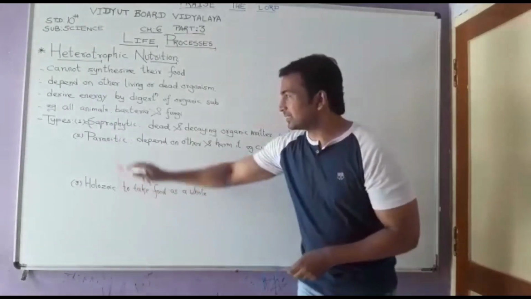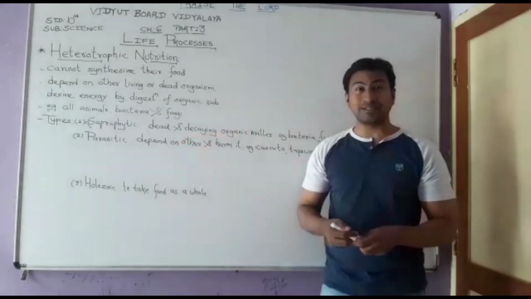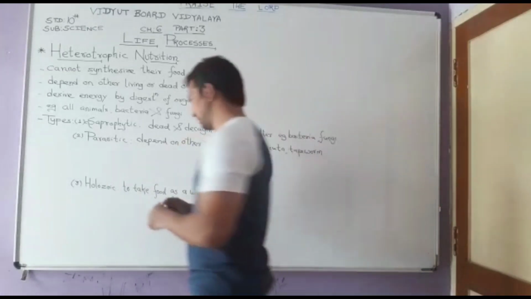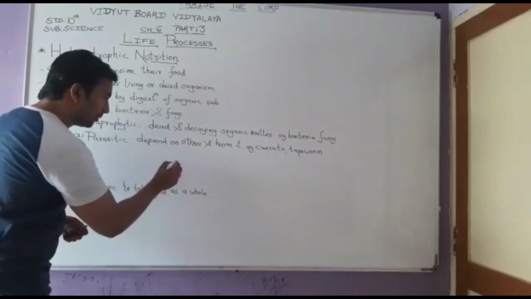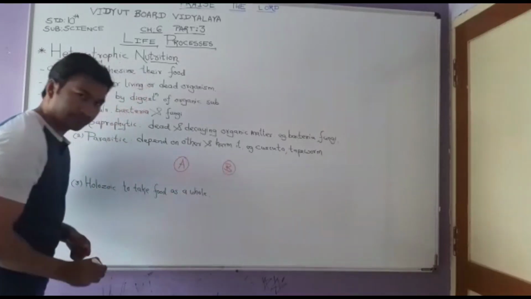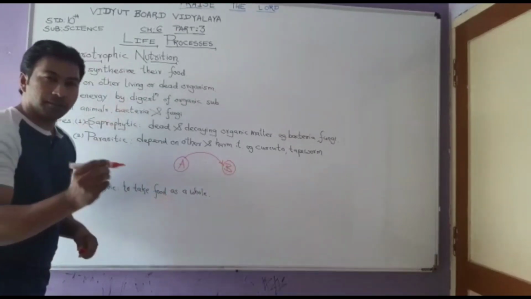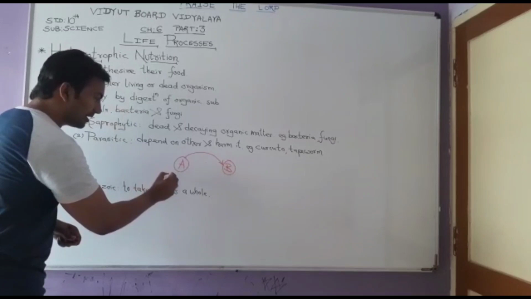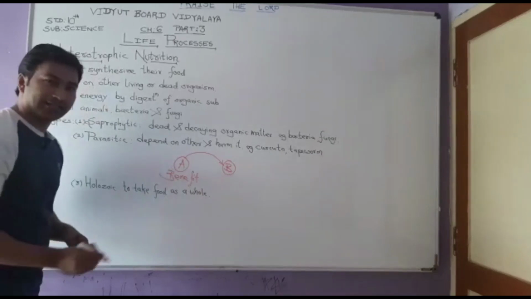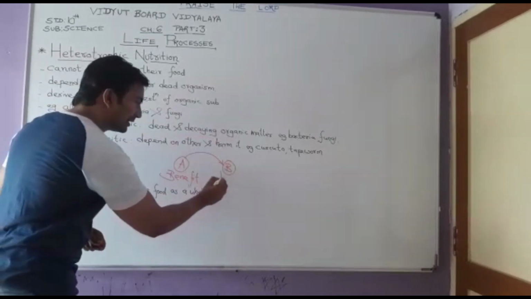The second one, that is the parasitic. So here the organisms will depend on other organisms and they will be harming that organism. Now how it is done? Let us see. Let us take an example of two organisms, organism A and organism B. Now if organism A eats food from organism B, then organism A is getting benefited and the food is being taken up from organism B, so it is getting harmed.